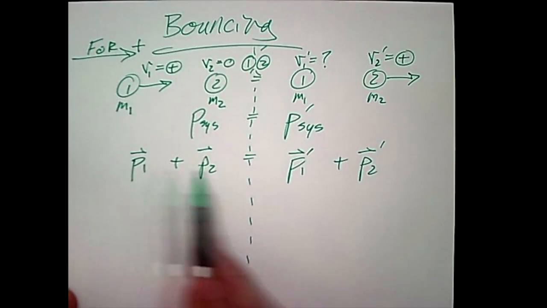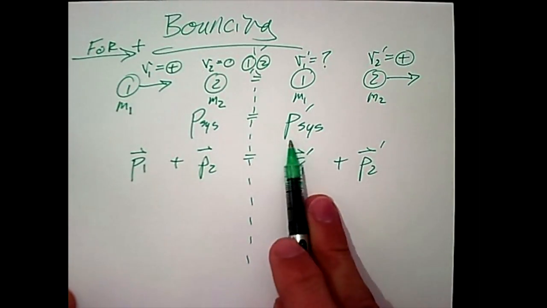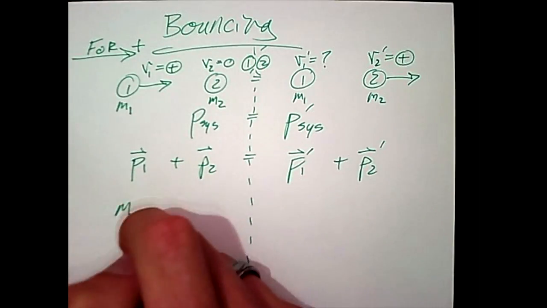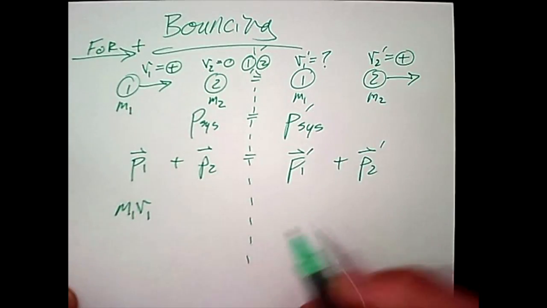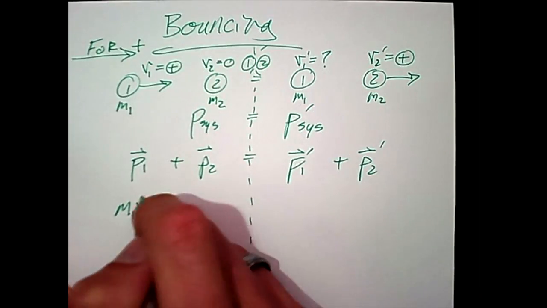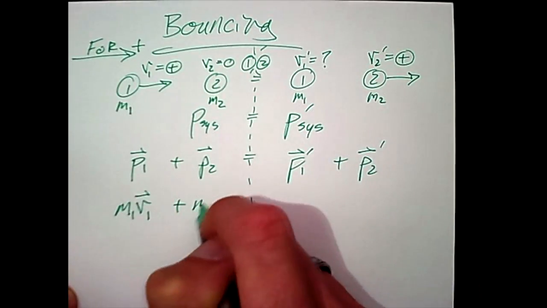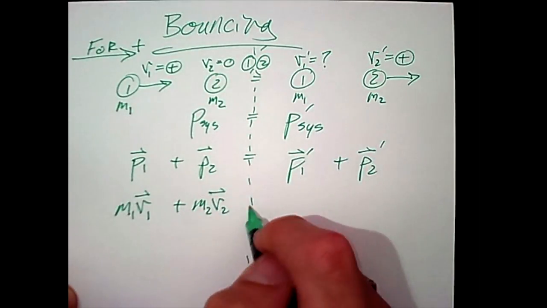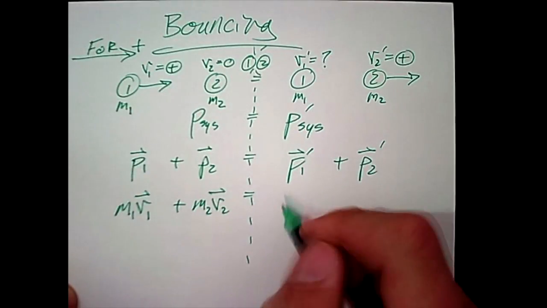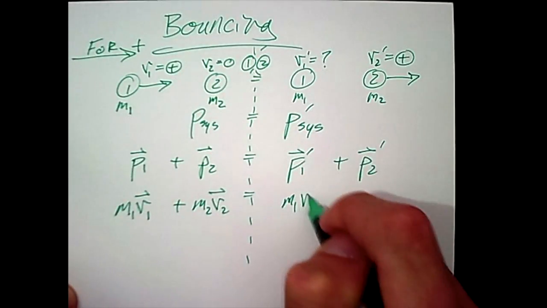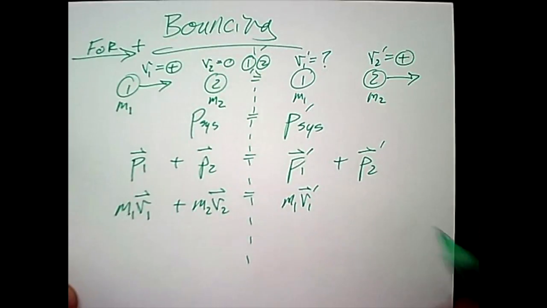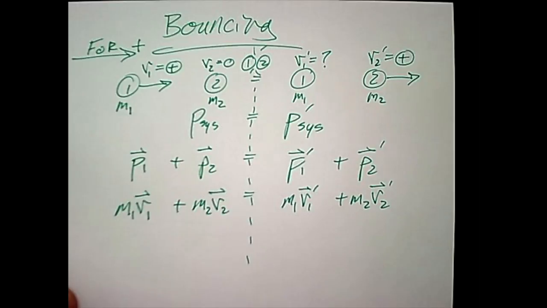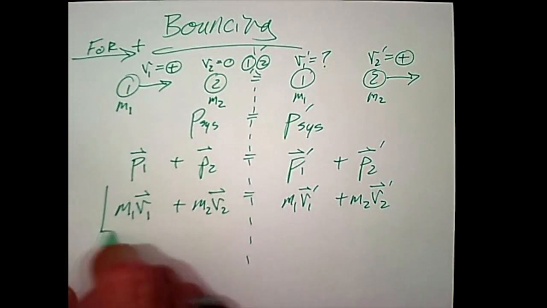Once you've separated the individual pieces of the system's momentums, then it's just a matter of adding in the knowledge that mass times velocity is momentum. And so we have M1 V1 as a vector plus M2 V2 as a vector equal to, sorry about the dotted line there, M1 V1 prime as a vector plus M2 V2 prime as a vector. So generally, this would be the generic form